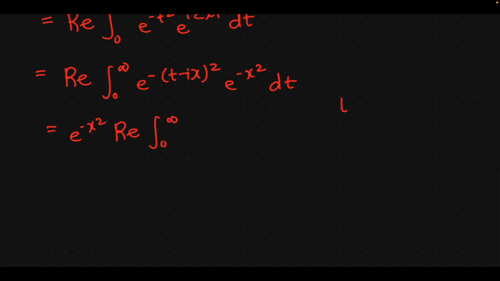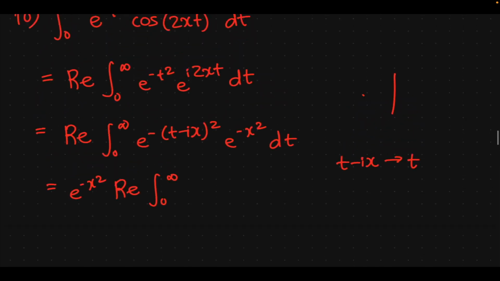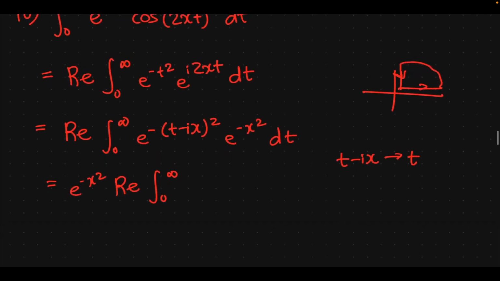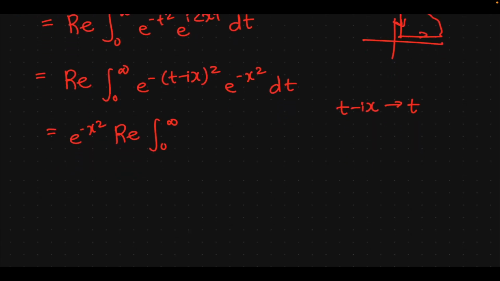Now we can do one substitution. We can set t minus ix goes to t, and this is fine because in the complex plane there are no poles. So when we rotate our axis, when we're taking this contour, there's no pole in between. So this choice is justified. So this integral along this line is equal to the integral along the vertical line, and that's fine. So with that justification, we have e to the minus t squared dt,